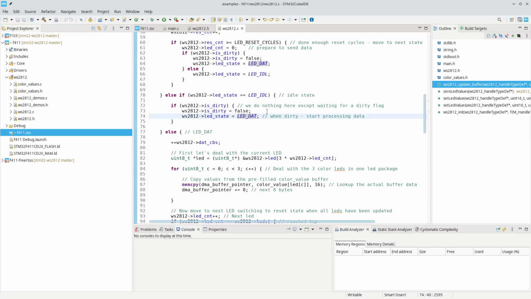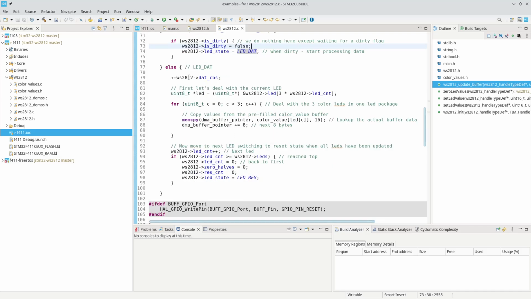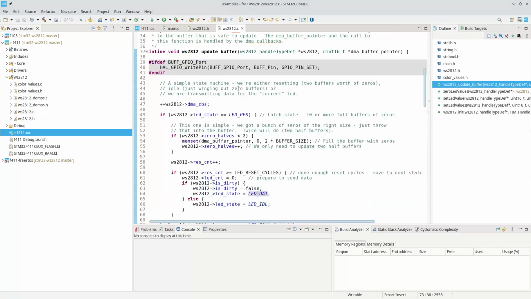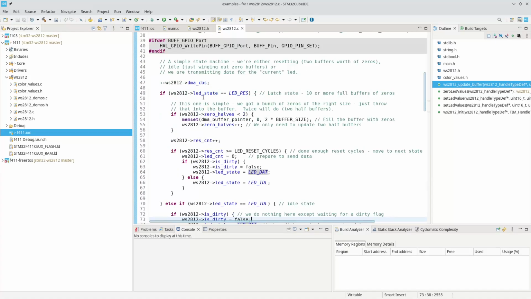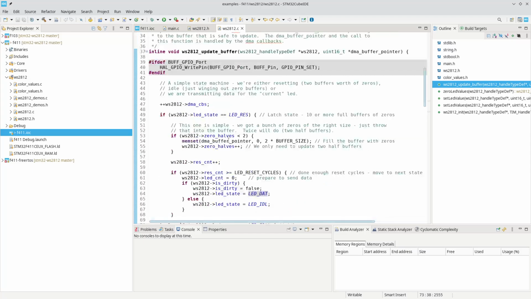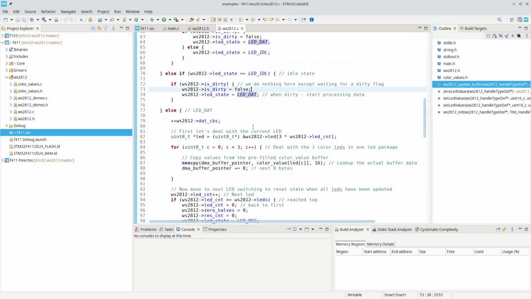It will set dirty false again, and then it will go into start processing the data. So down here we have another statistic counter that we keep track of, which is our data callbacks. That should be lower than the total callbacks,